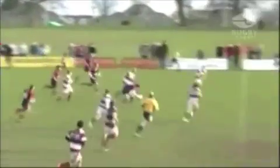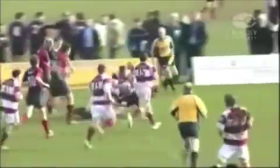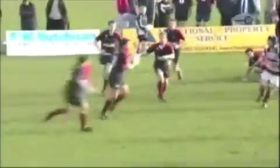So the good number sevens, or the good players that are there in support, will have every opportunity to win the ball and cause a turnover, which again goes back to the whole ethos of the game, to have a contest. When I talk about offside lines at the tackle, the offside line at the tackle runs parallel to the goal lines and it goes through the hindmost foot of the last person at the tackle,